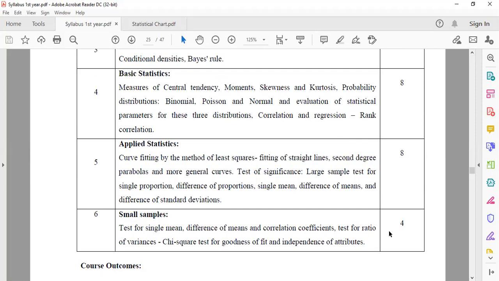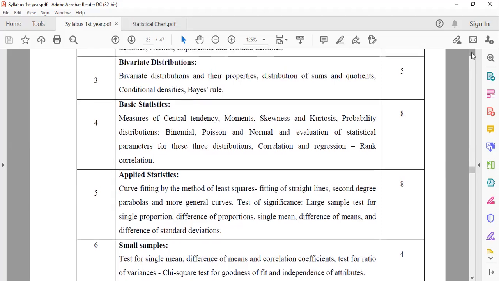It is called the test for ratio of variances. My today's discussion is this one. I am going to discuss about test for ratio of variances. Now you probably were happy that we are almost done with the syllabus, but you shouldn't, because one particular portion